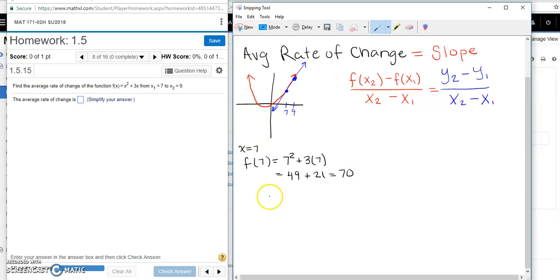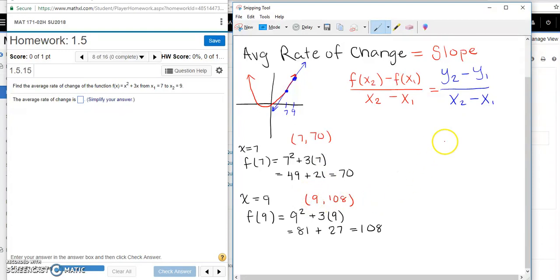is 70. And then for x equals 9, we're doing f of 9. So that's 9 squared plus 3 times 9. So 81 plus 27. 108. Hopefully I got that right. Let me know if I didn't. So now we really do have full points. We know one point is (7, 70). The other point is (9,